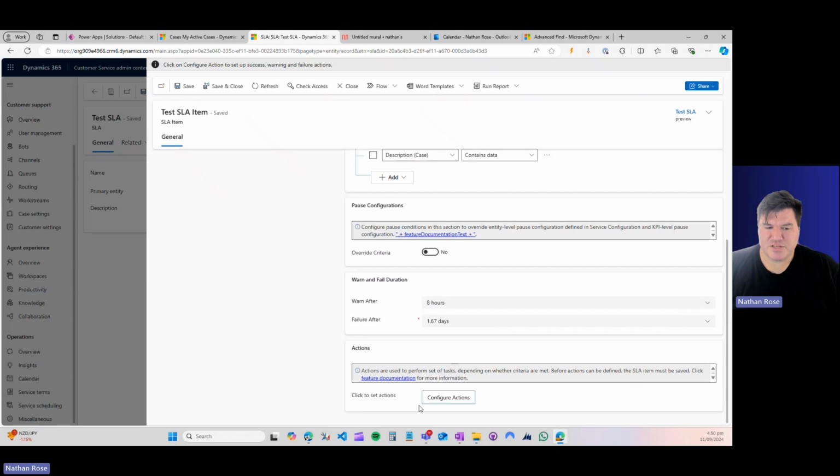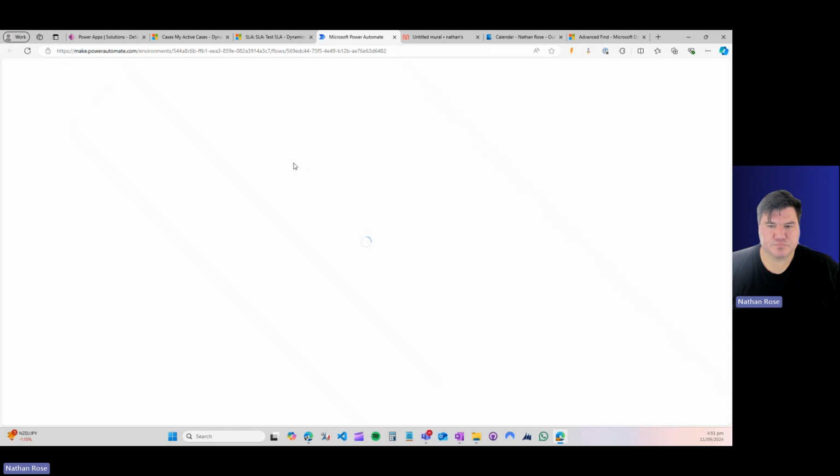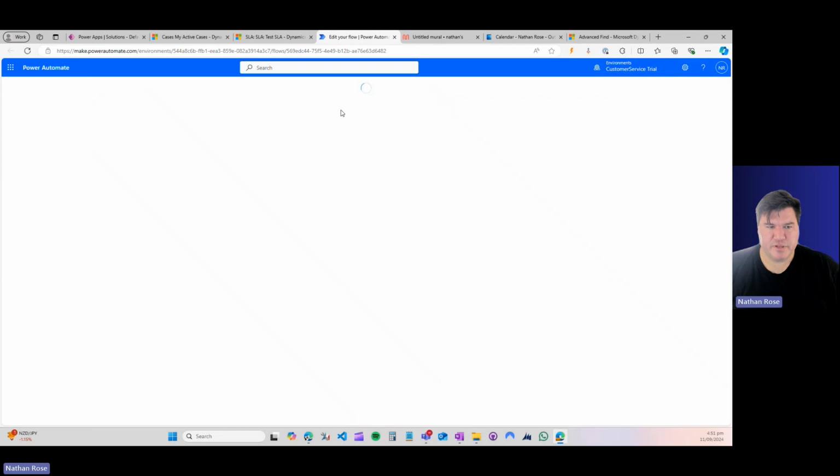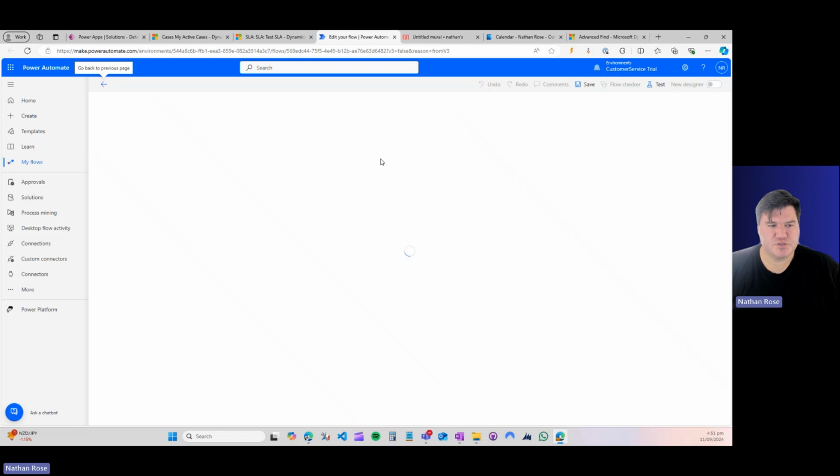And then lastly, we configure the actions on the SLA. Now, when we click on this, this is going to pop us out to Power Automate, and it's going to specify or let us specify what happens when we need to warn on the SLA, when the SLA fails, or when the SLA succeeds. What do we do? So this is going to pop open Power Automate, and we're going to get a pre-populated flow. Once this loads,